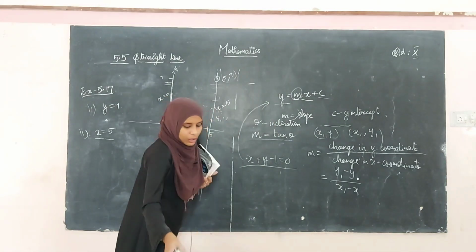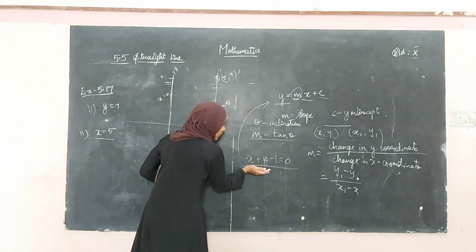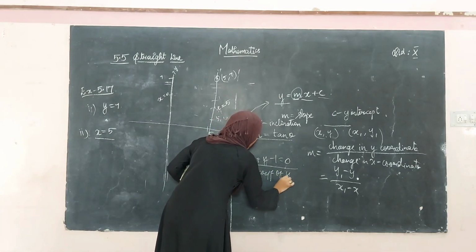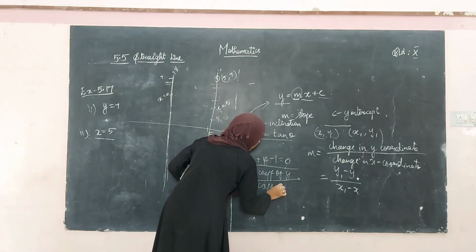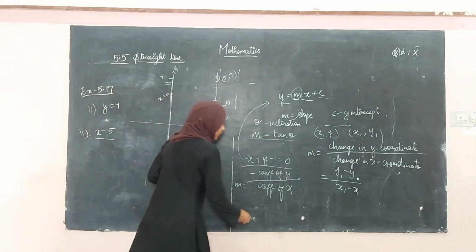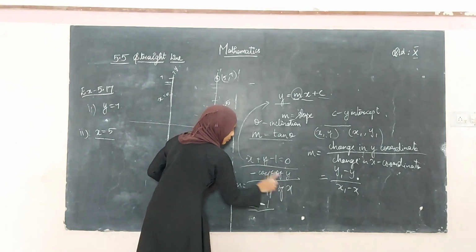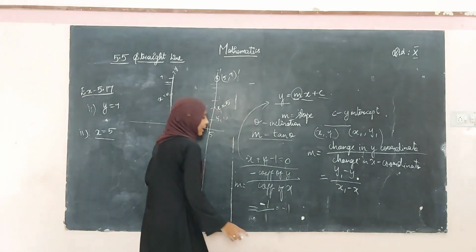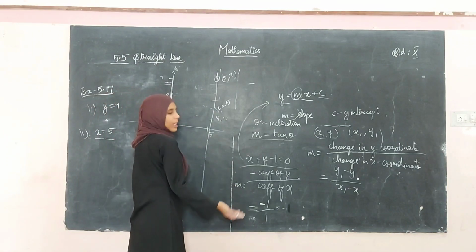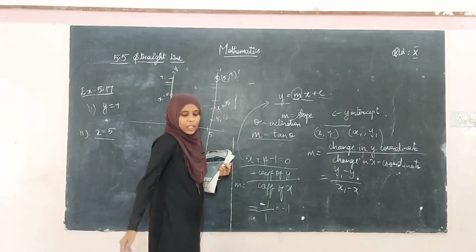Otherwise, the easy method is to bring all the terms to one side. Okay, after bringing them, m is equal to minus coefficient of y divided by coefficient of x. What's the term here? Minus. What is the coefficient of y? It is 1, divided by the coefficient of x, which is 1. So m is equal to minus 1. So the value of m is minus 1. Okay, if an equation is given, you can find m by either of the two methods. So this is the way of finding m, slope.